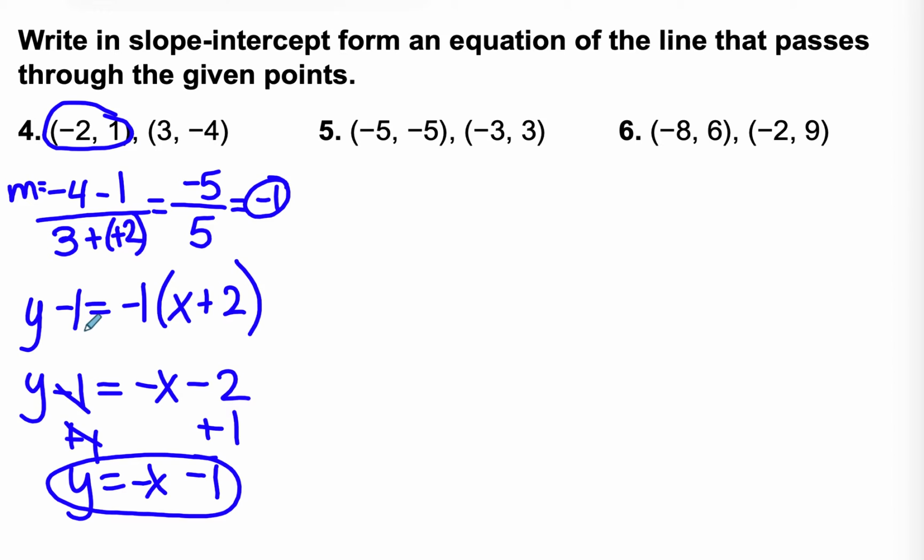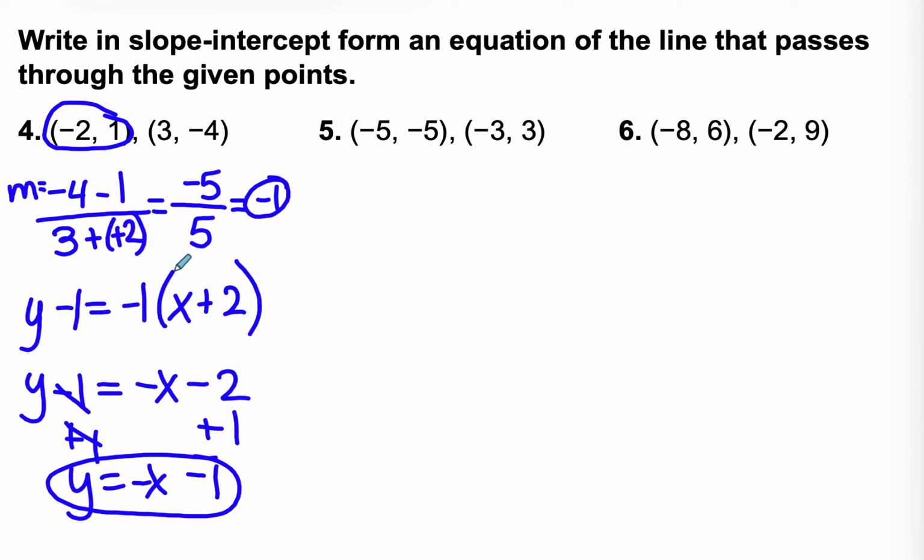And I put it into my point-slope equation. So y minus my y1 value, 1, equals my slope, negative 1, times the quantity x minus my x value, which is negative 2. And minus a negative 2 is like boom, boom, plus positive 2. Our signs in our formula are the opposite of the signs in the ordered pair. So now that I have the equation y minus 1 equals negative 1 times the quantity x plus 2,